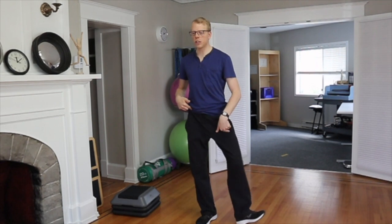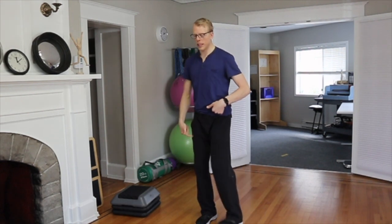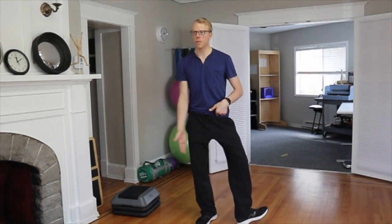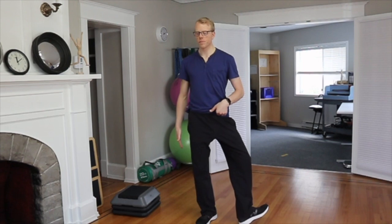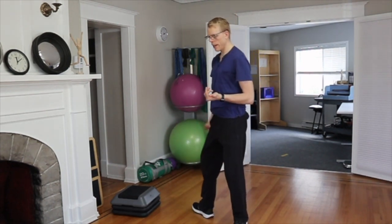Again, try to see if you can do it without turning your hips, at least at first, without moving your hips and without moving this standing knee. This standing knee should be pointed right over the middle of the toe. Then you can try to do a little bit of shifting back and forth, externally rotating the hip,